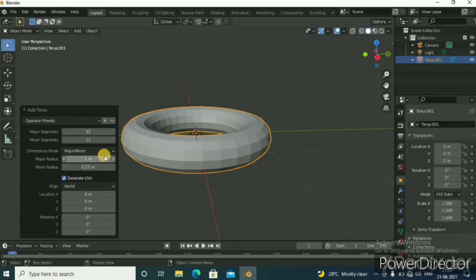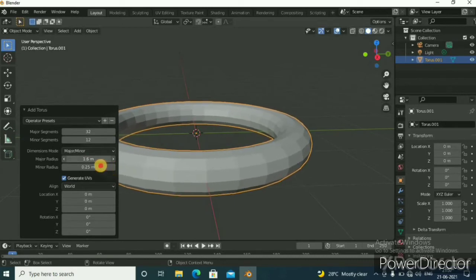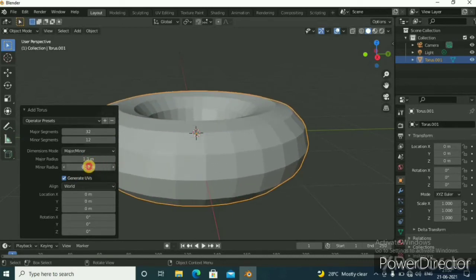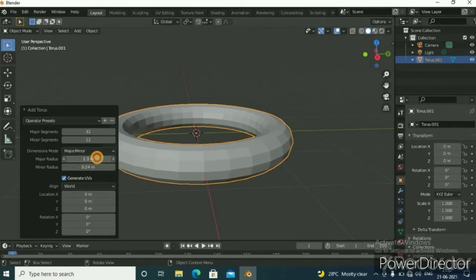And what is this major radius? Major radius means this, the inner radius. See, as I am doing.